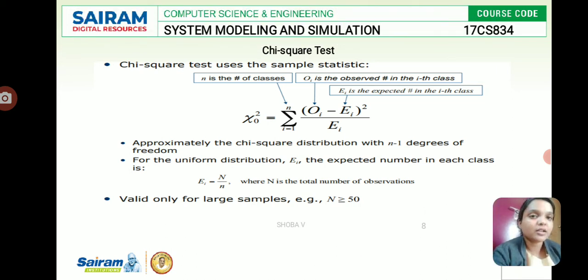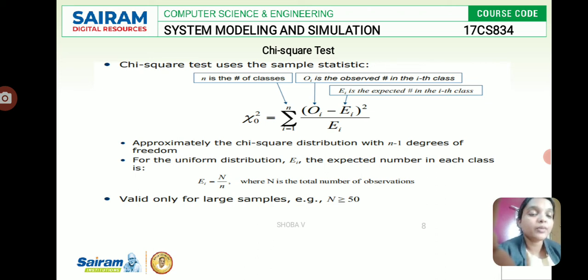So we have to check whether it is a large value or a small value. If it is greater than or equal to 50, then this is valid for large samples. This is how the chi-square test works. Why are we comparing with the existing system, not with the future? Because we can easily get the result outcome of a simulation. Normally simulation is very difficult to interpret, but when we use this concept, we can easily find the solution.